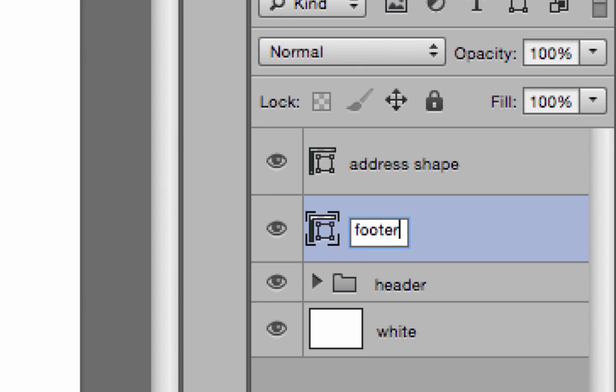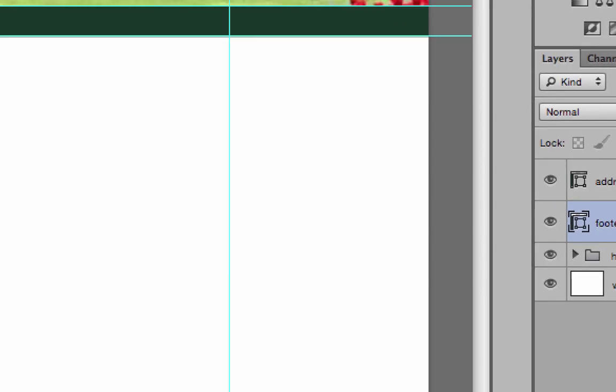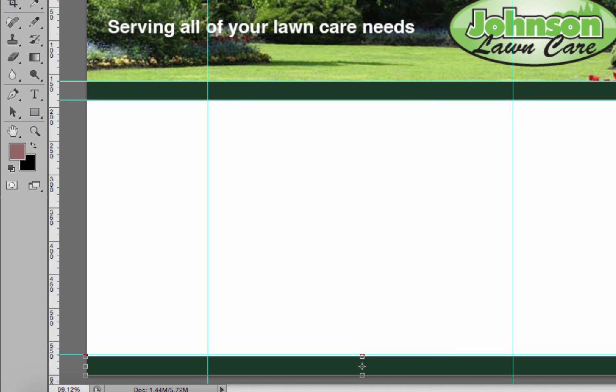Some of these may just have text in their shape, and that's all they'll have. I'll just call it footer shape, and that's it. I have those two there. I'm not going to put them in layer folders yet until I have other things. Now these ones on the side, I'll make other ones on the side here, and I'll start with this one